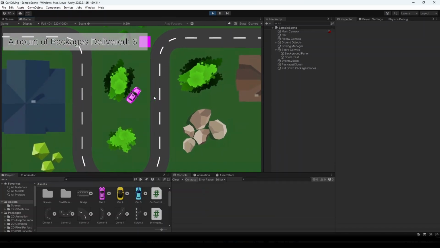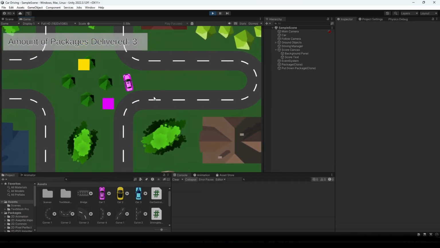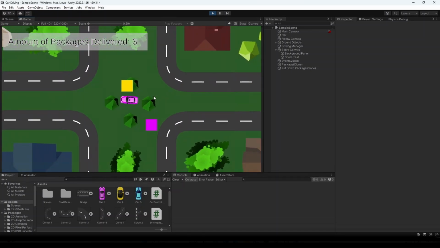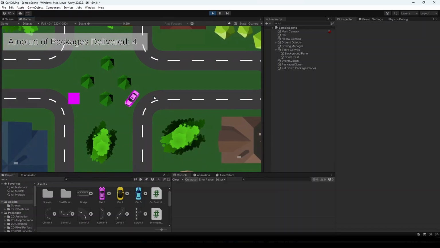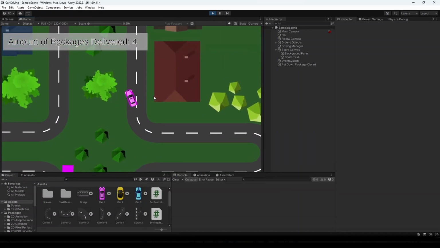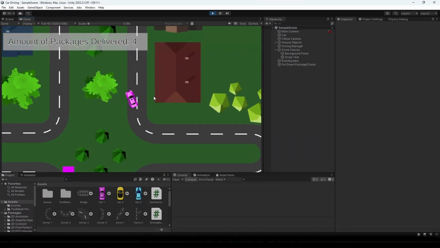You can see here that there are some edge cases that these packages go inside of these trees, but you can see that I can still pick them up, which is all good. And that's what this game should be. And with that, that's the end of this